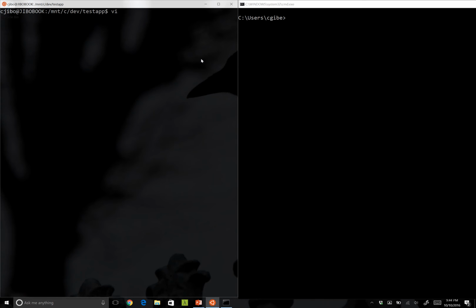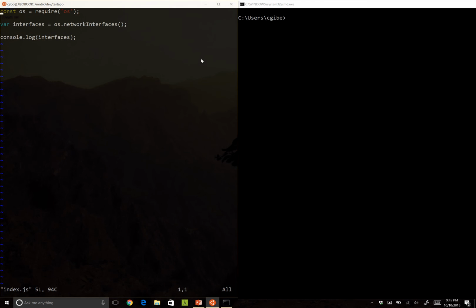Let's go and look at the JavaScript file that I've got. So what we're looking at here is I've got a const os, which I require os. I basically go and call the network interfaces off of the os object, which returns a list of objects of interfaces, which are your network interfaces, and then I log them out to the console. So if I run this